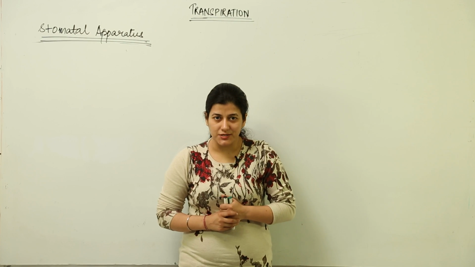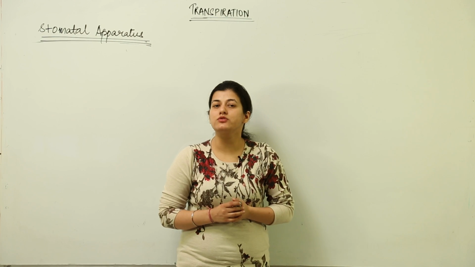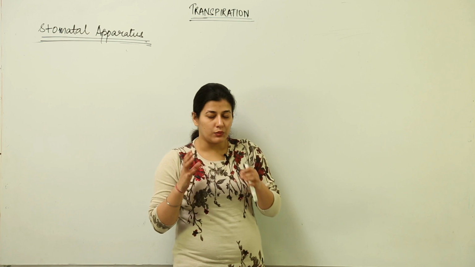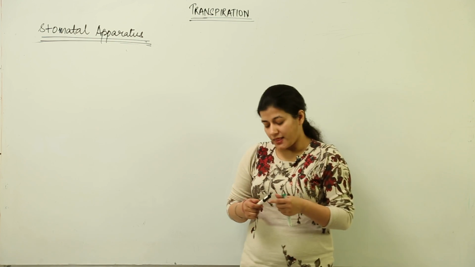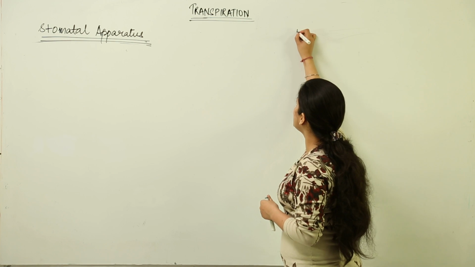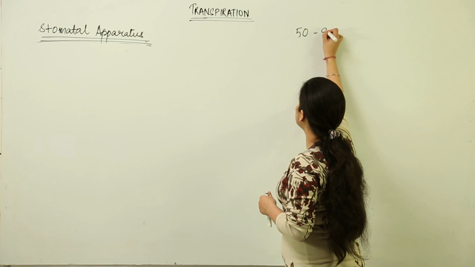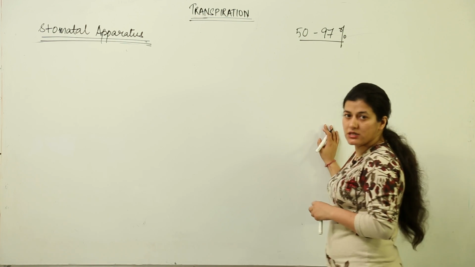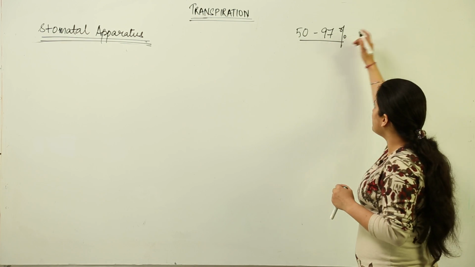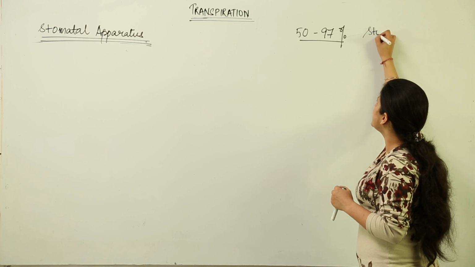Under the topic transpiration, now we are going to discuss about stomatal apparatus. Now, why do we study stomatal apparatus over here? The reason is that as much as 50 to 97% of total transpiration that takes place by the plant is taking place through stomata, and we term it as